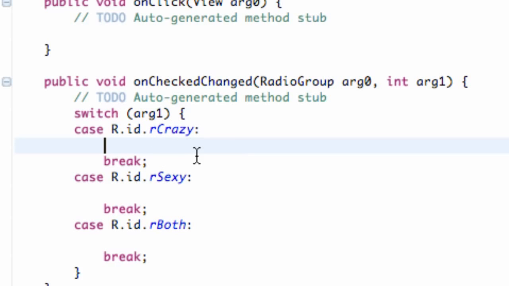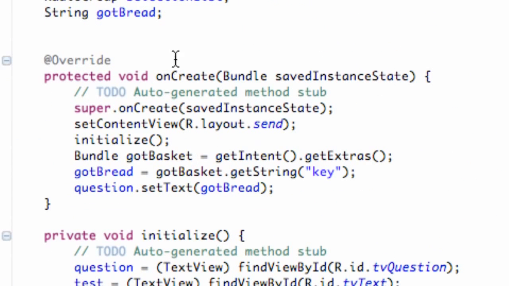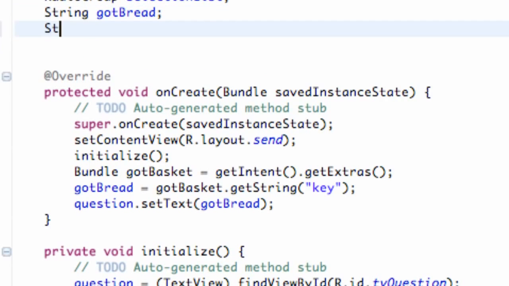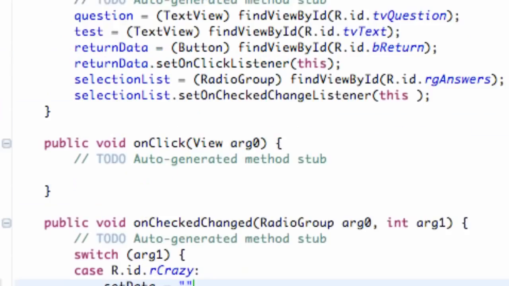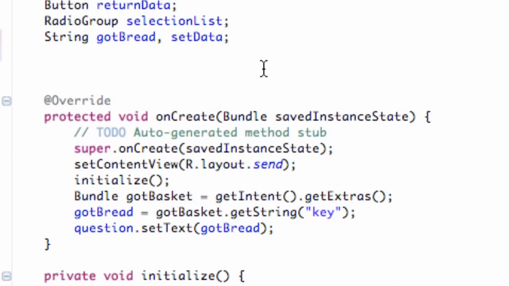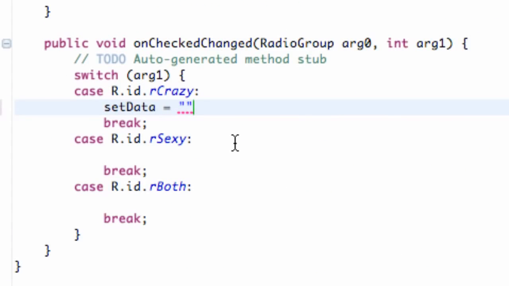But what we're going to do is basically set up a string variable above our class, and we're going to call it sendData. We're going to set sendData up within our switch case down here. These are kind of the answers for the most part. Did we set up an answers? Not positive. No. Alright. So we're going to say sendData, and if it's crazy, we're going to say probably